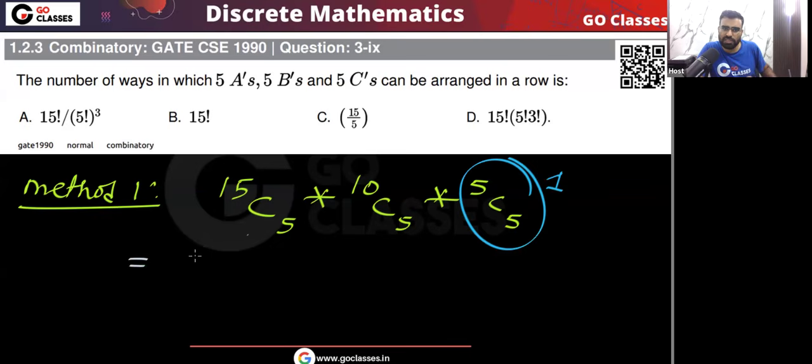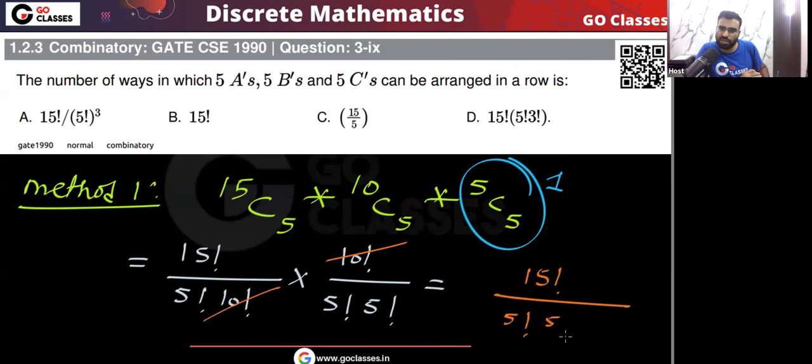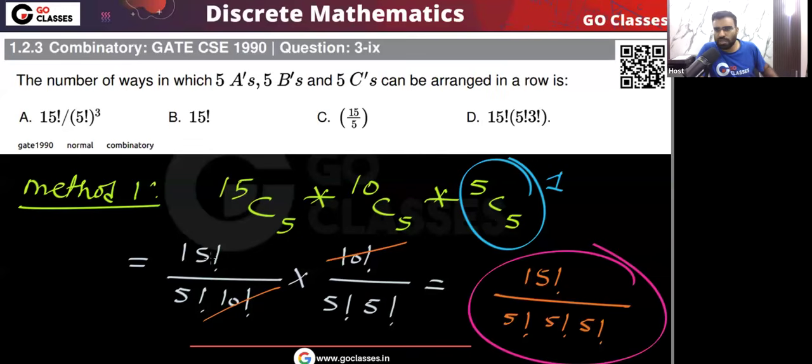So this will be 15 factorial divided by 5 factorial, 10 factorial, multiplied by 10C5, that is 10 factorial divided by 5 factorial, 5 factorial. So you see this 10 factorial cancels out. The answer that you are getting is 15 factorial divided by 5 factorial, 5 factorial, 5 factorial. So this is the method. Without any formula, if you want to solve it, you can easily solve it by this method. The answer that you will get is option A. Very simple.